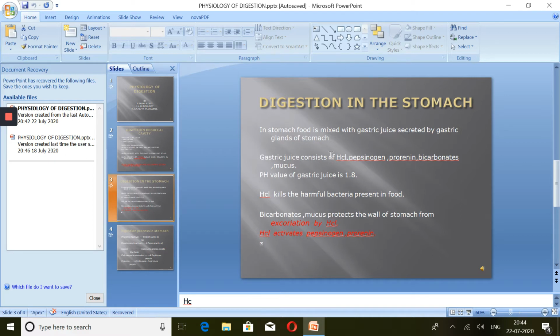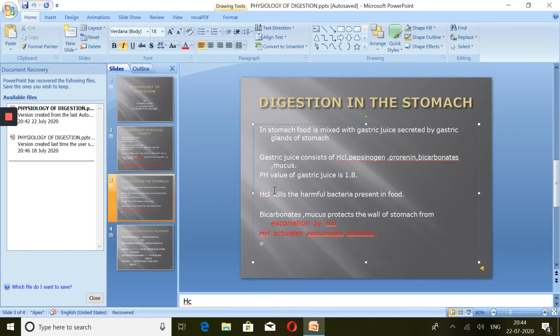But the stomach wall isn't damaged by the HCl. How? It's because of the presence of bicarbonates and mucus. Bicarbonates and mucus, which are present in the gastric juice, protect the wall of the stomach from excoriation by concentrated HCl. Though HCl is harmful for the wall of the stomach, yet it is